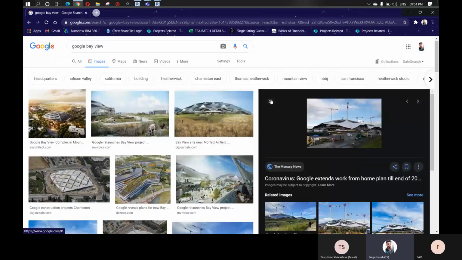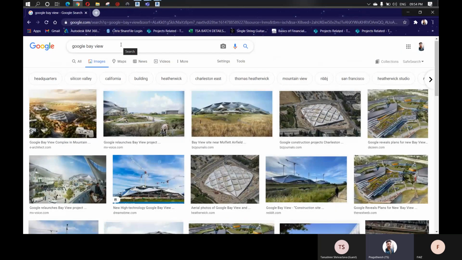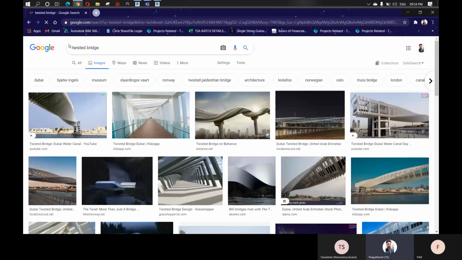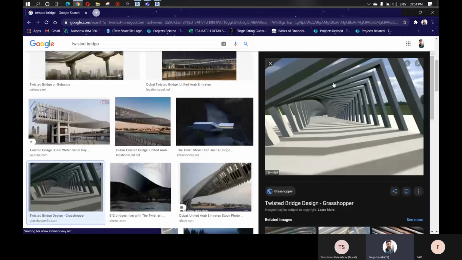Okay, so this is just an example. There are lots and lots of things that cannot be done using Revit. If you want to create a twisted tower or a twisted bridge, these kinds of things can be created using Dynamo, and you can create them parametrically. That is the most important thing. With just a little bit of list management and a number slider, you can change the rotation and the length, everything.